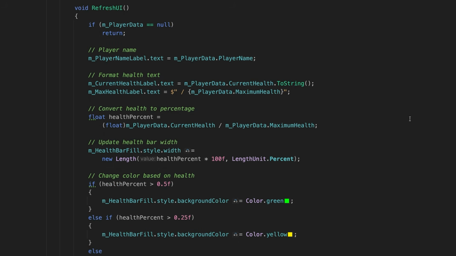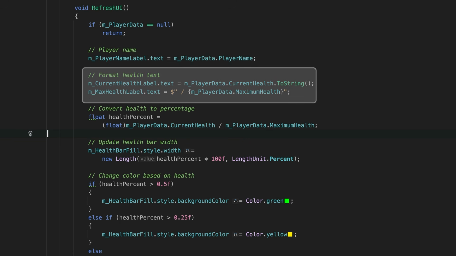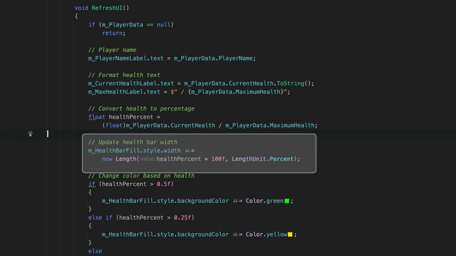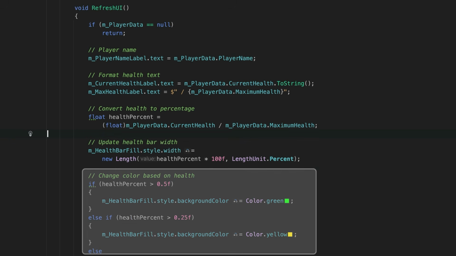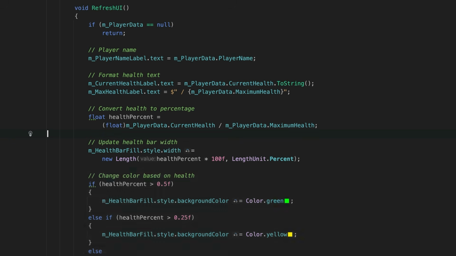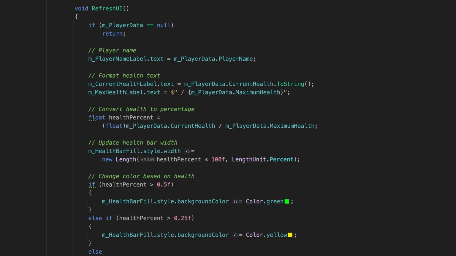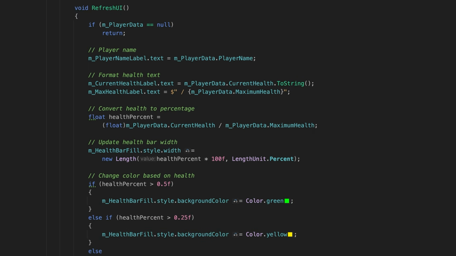Here's the kind of code you might write in a presenter. To update the UI, you'd manually set the player name, format health values into a string, update the progress bar, and then maybe change the color based on health. You'd also need some kind of event or update loop to keep everything in sync. This quickly adds up. Every new UI means more of this logic to keep the data and the user interface